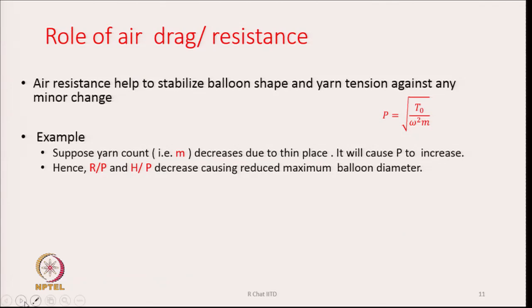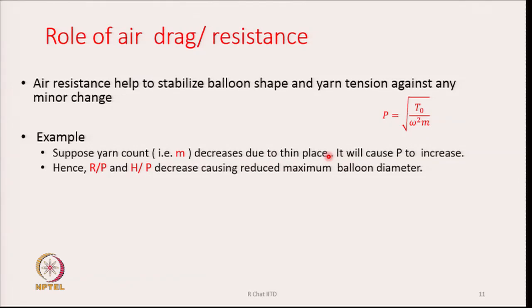Similarly, sometimes a segment of yarn may come which could be thinner or thicker also. So, these are the various factors which the system will face when the spinning is going on. Air resistance in a way helps to stabilize the balloon shape and yarn tension against such kinds of minor changes. With an example, let us say suppose the yarn count m decreases due to a thin region